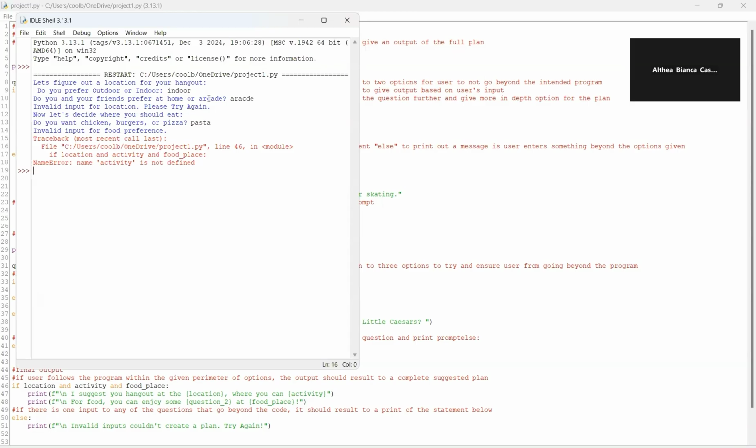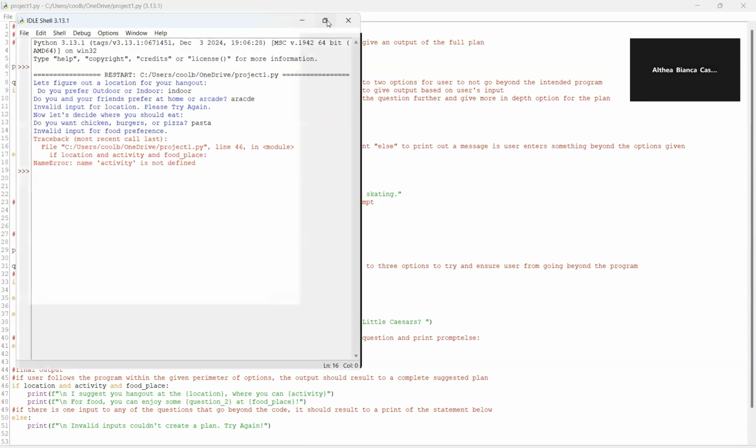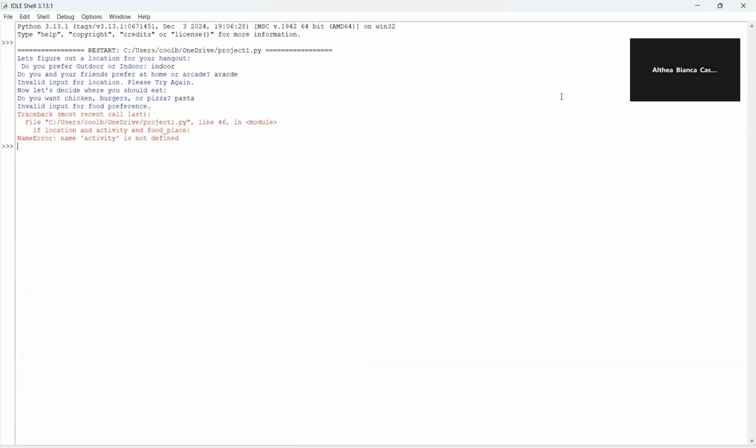Like predicted, the program will print out that the input isn't valid for food preference, which will then give an error as activity is not defined as expected.